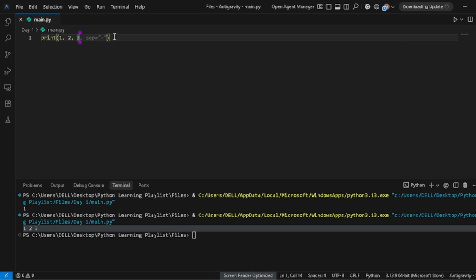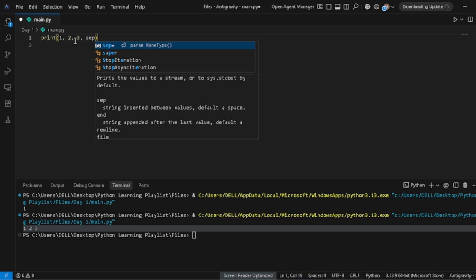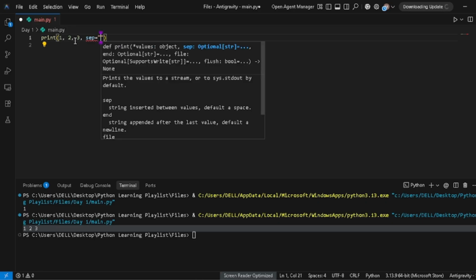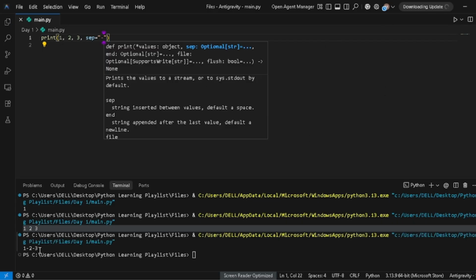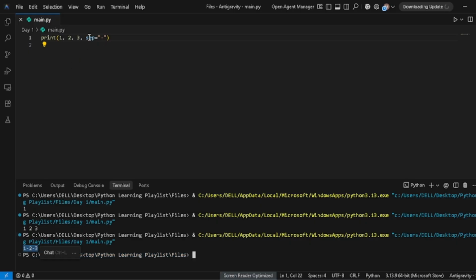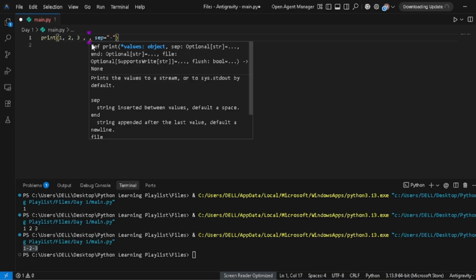I hate suggestions in the video. So multiple parameters, like advanced print, I'm going to explain to you some other time. Like when I click over here, it just did that: sep equals this. What it does is it separates the values by a hyphen. If after 3 I add here 7,